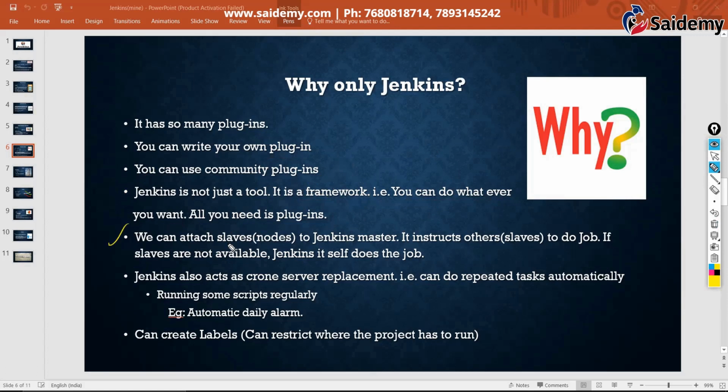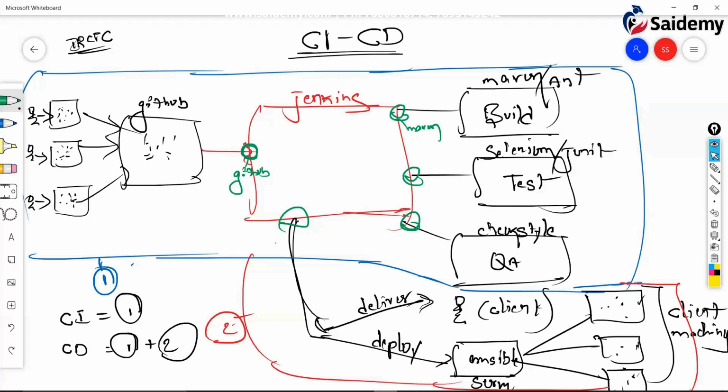And also we can attach slaves to Jenkins. See here, Jenkins is doing a lot of hard work, correct or not? That's why, to distribute the Jenkins load, we can have slaves. Those could be internal slaves, virtual slaves, or external slaves.